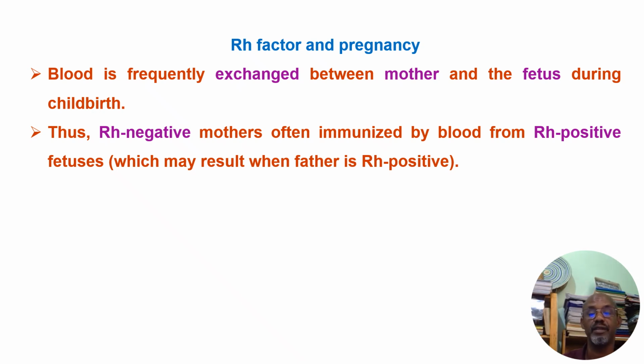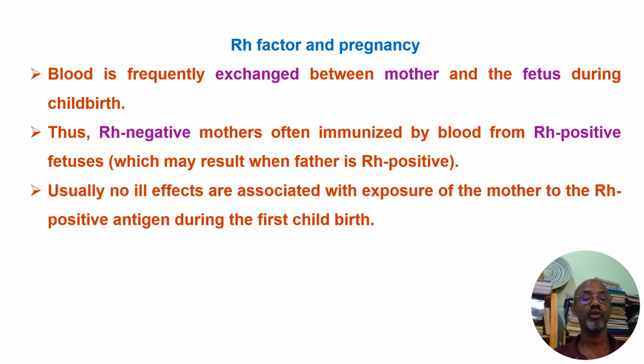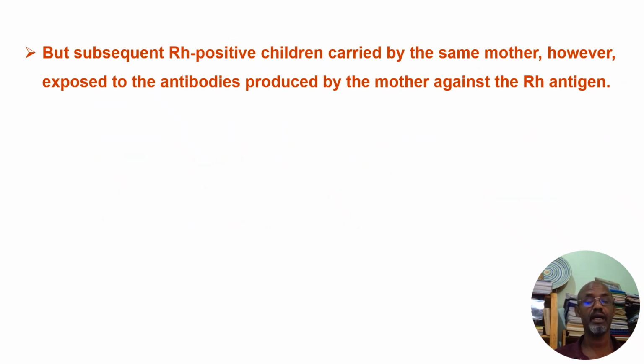Since there is frequent exchange, blood components can be exchanged through the placenta, of course. The Rh negative mother's immune system recognizes the Rh positive antigen coming from the fetus in the womb, the uterus. Usually, no ill effects are associated with exposure of the mother to the Rh positive antigen during the first childbirth. The first baby may be born without problem, but after